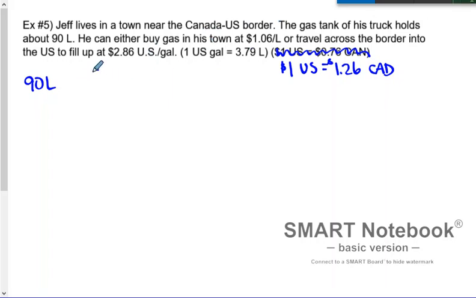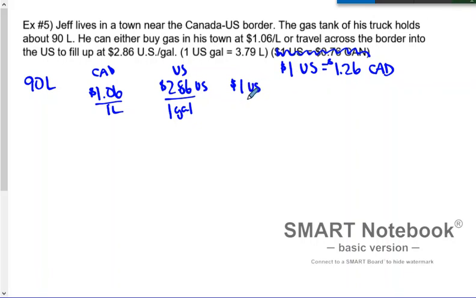He can pay in Canada $1.06 per liter, or he can pay in the US $2.86 US dollars per gallon. So keeping in mind that $2.86 US is not going to be the exact same as $2.86 Canadian. All right, so we also need this conversion factor, the fact that $1 of US money is actually $1.26